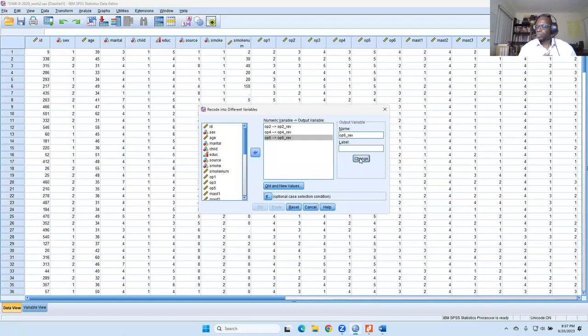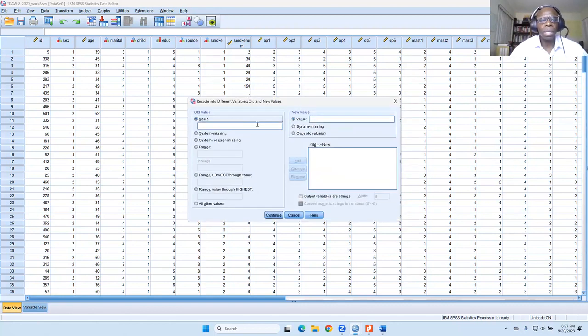Now, all 3 of these are going to have the same reverse codes. So we're going to say old values. If it's a 1, it's going to be a 5. If the original is a 2, the new one is going to be a 4.